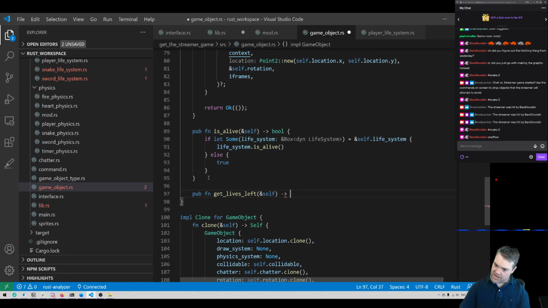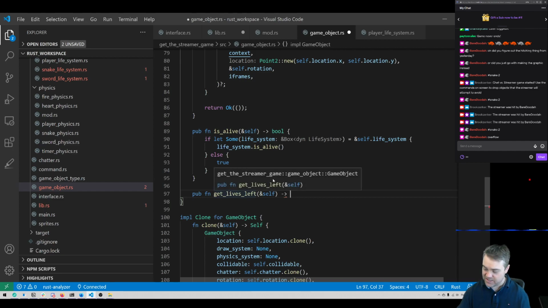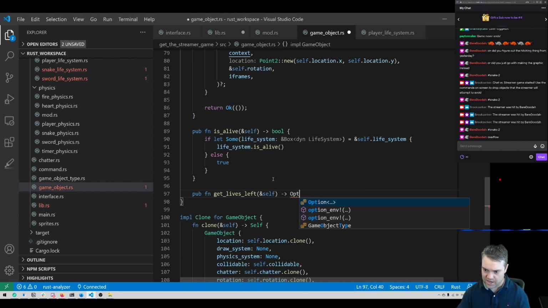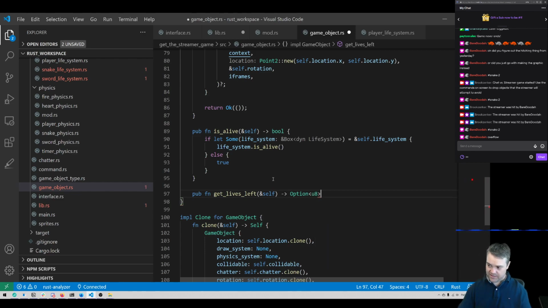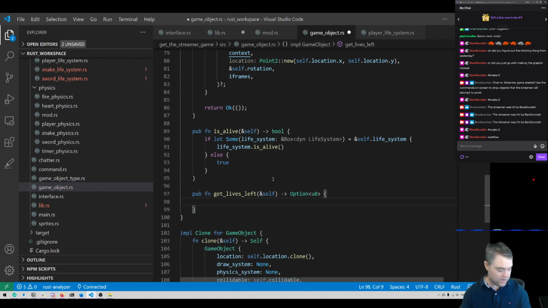So I probably should do an option, shouldn't I? But it's going to be an easier one. So I'm going to do an option which just stores a U8. Then I can do my default on it over in the other code. It's going to be a lot easier. So I have that. Then